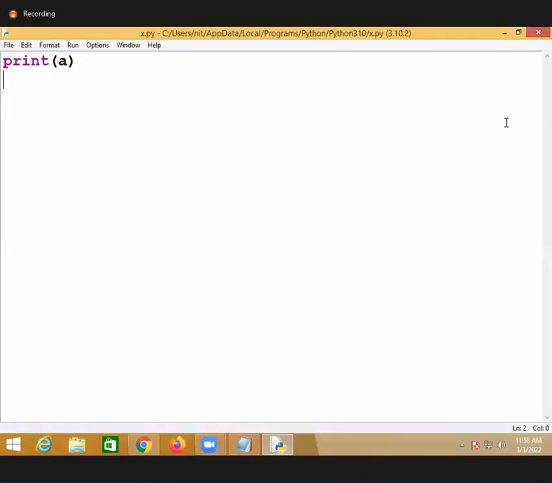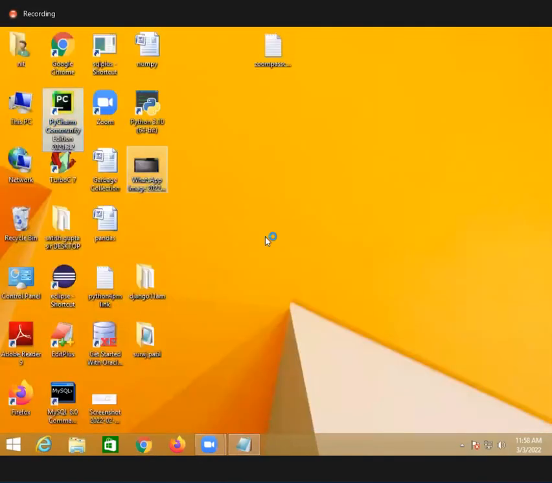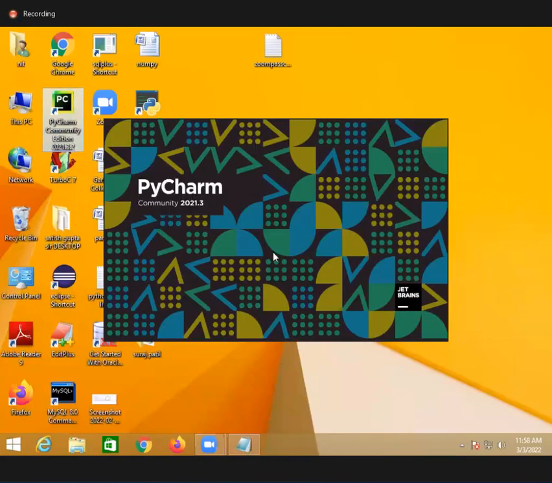In PyCharm, what will happen? If I'm working with PyCharm, what will happen? Suppose this is PyCharm, right? PyCharm is also a Python editor. IDLE is a Python editor. PyCharm is also a Python editor. Once you move to PyCharm,